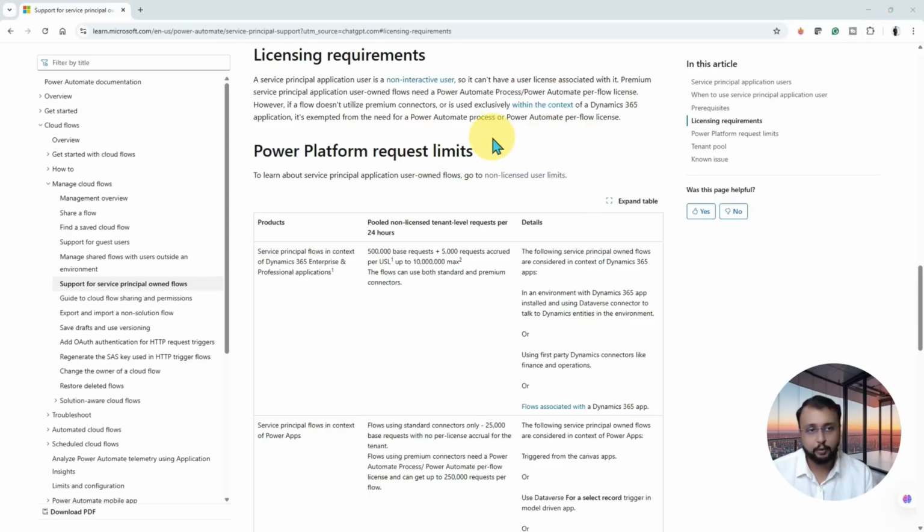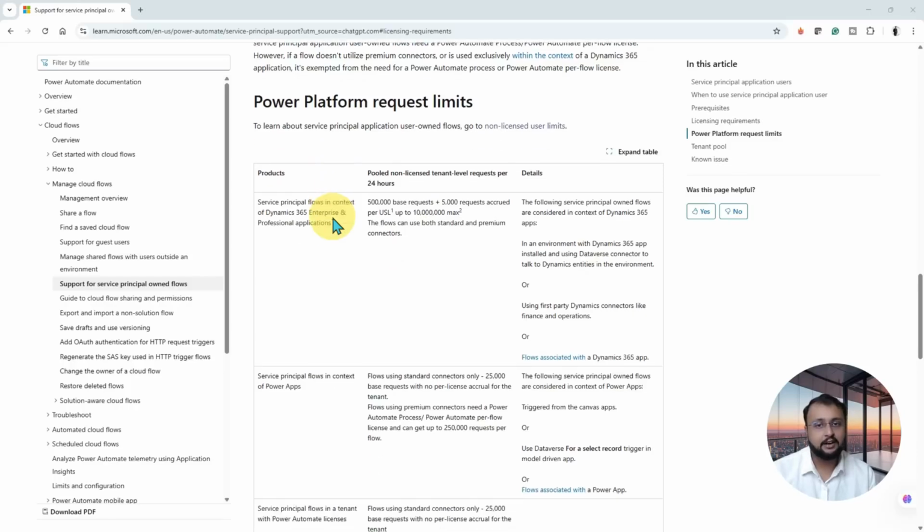Also, there is some more information here that a Power Automate process or Power Automate per flow license is required. If you are running from the Dynamics 365 context, it's exempted from the need of a Power Automate process or per flow license. So if your Power Automate flow is in the Dynamics 365 interface, then it's a different story. And when it falls under Dynamics 365 and you are using any kind of premium connectors, then what are the needs